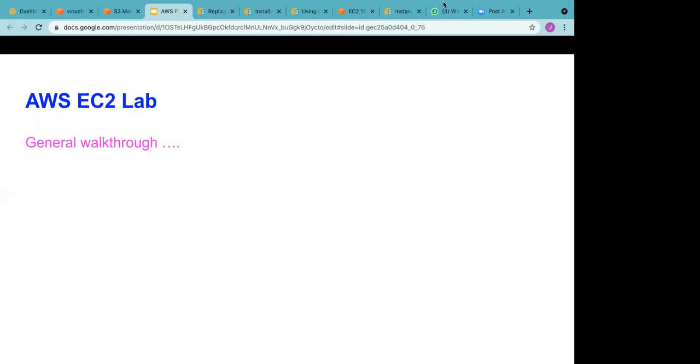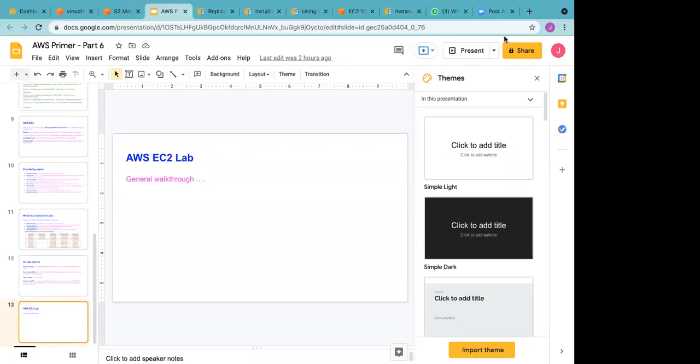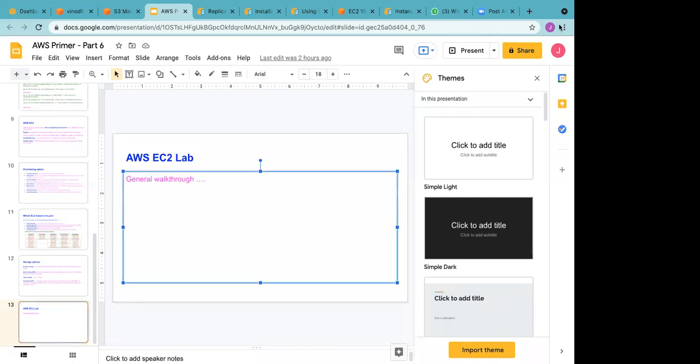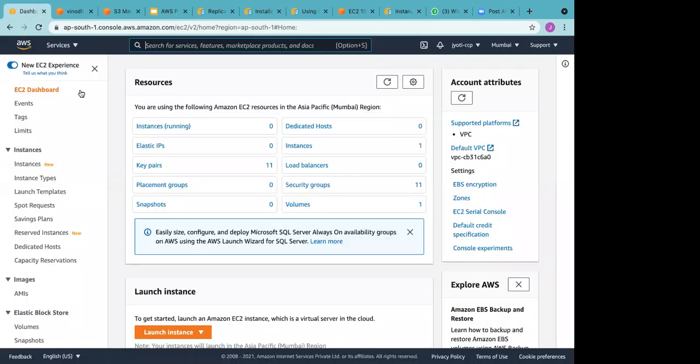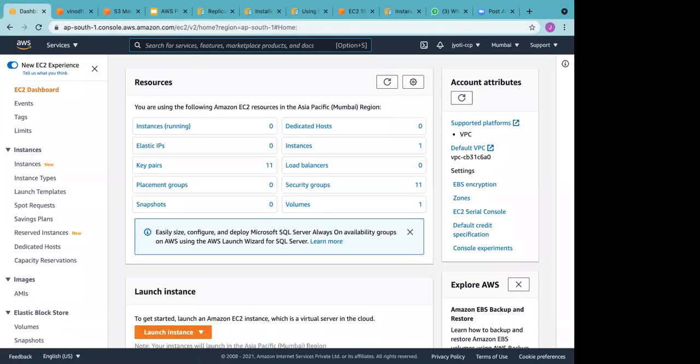So in the lab, I'll cover instance type. I'll cover the storage, the purchasing option. I'm going for t2.micro, which is a free tier. Okay. And yeah, we're above time. So this won't take a lot of time. I'll try to close everything as soon as I can. Yeah. So now I'll open EC2.